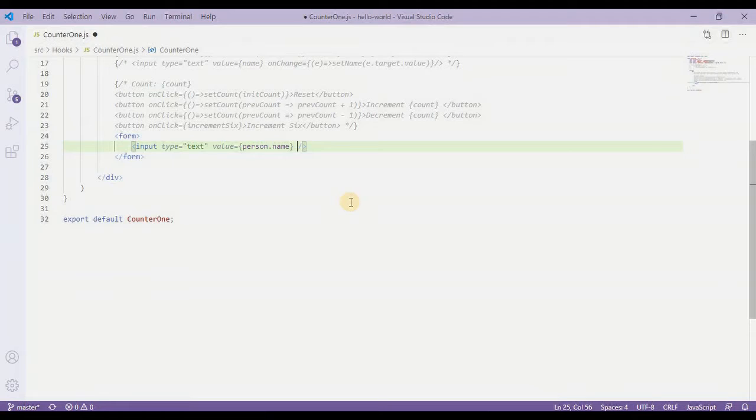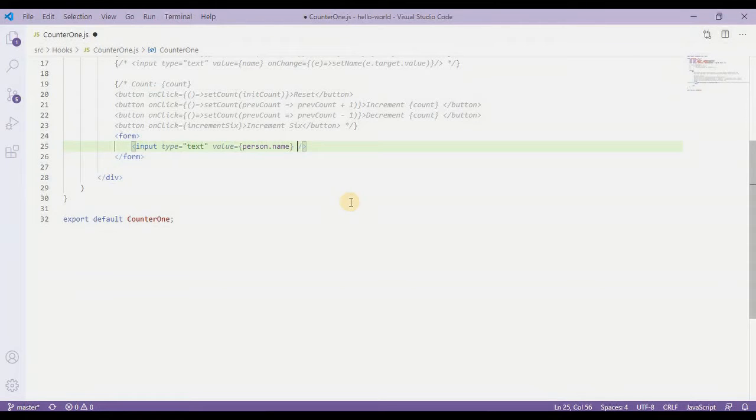As we are using input type text, we want to update this input field with onChange, and in our previous classes we have learned how to update the value while we are changing the input field's value, right?